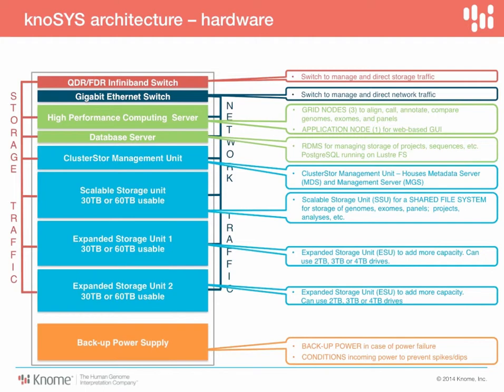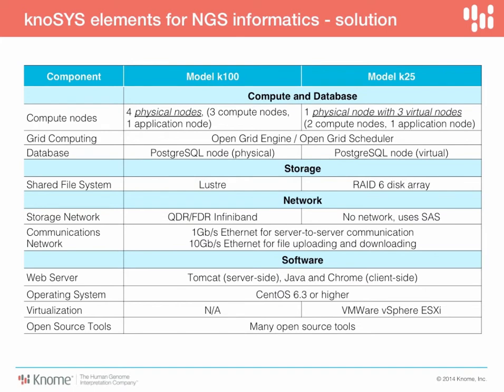So continuing on, just to try to summarize the elements that are different here, there's a three-column image here. We have a K100 column and a K25 column. Some of these are in both columns, meaning they're in common. But let me just review.